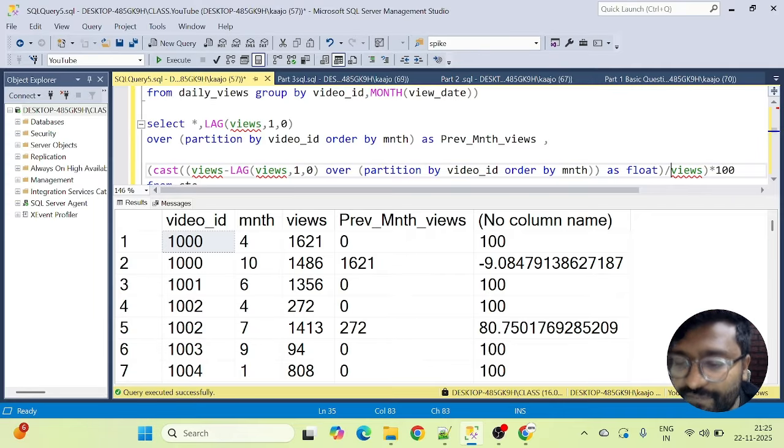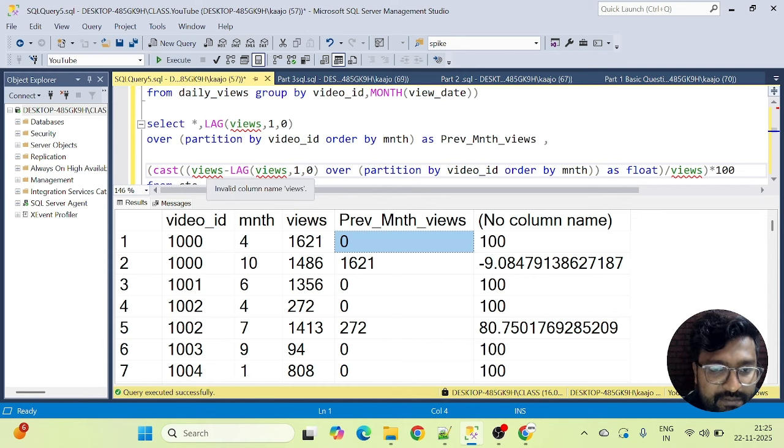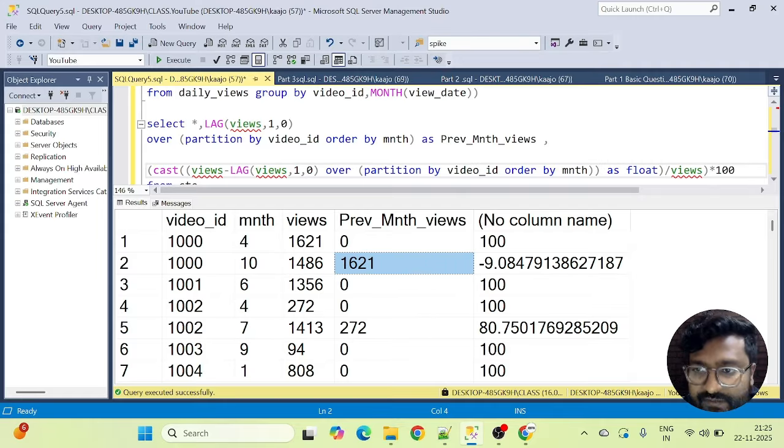So this was where I was actually making a mistake. Because we are doing the month by month comparison, I have to compare with my previous month, so I have to fix the logic. See, the division and subtraction logic is good: this month's views minus previous month views, and I have to divide by previous month views here, not the current month views. So that is where I was getting the calculation issues.